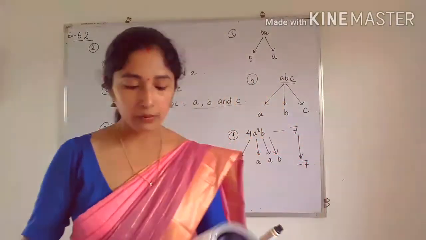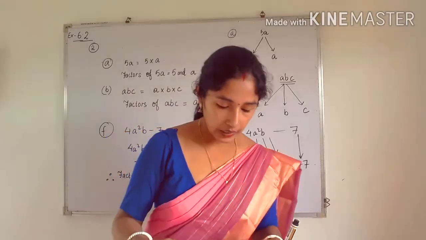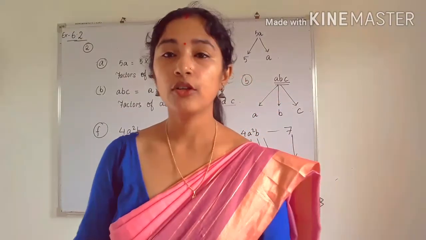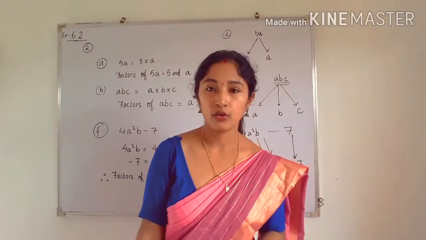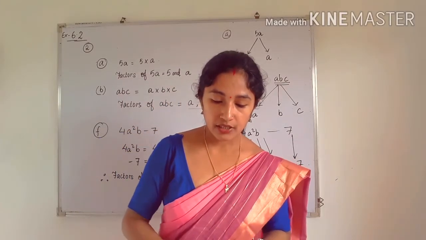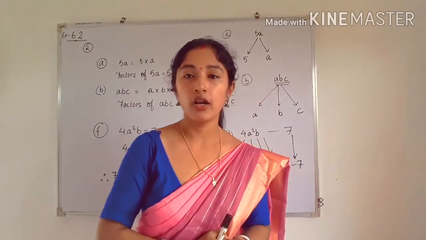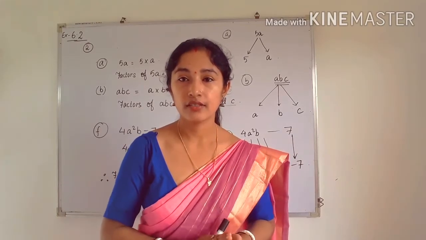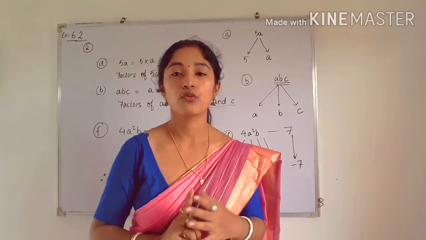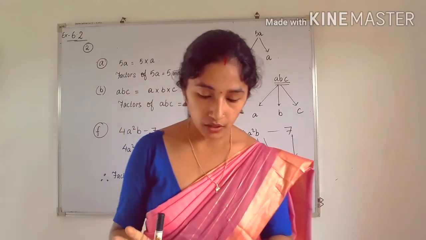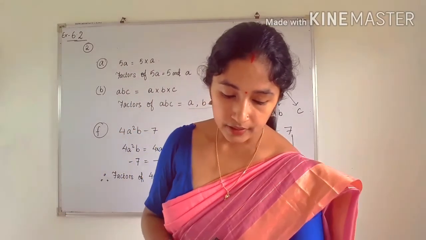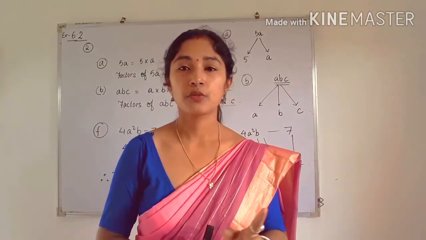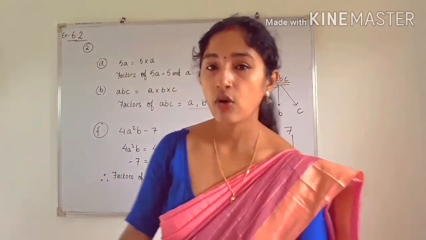So next come to question number 3. You have to fill in the blanks. Here the words are given, you have to fill the blank. So in number A, an algebraic expression with only one term is called monomial. Already I have discussed in the last lecture that if an algebraic expression has one term, then it is called monomial. Next is number B, a binomial algebraic expression has two terms and it is simply called binomial.